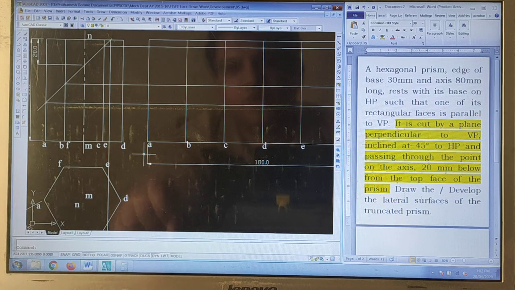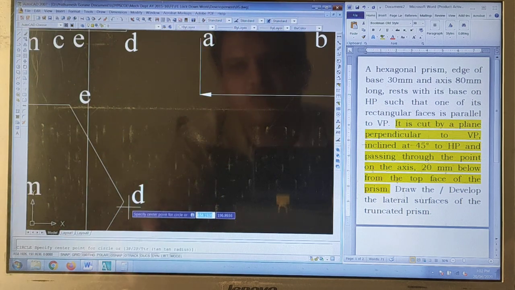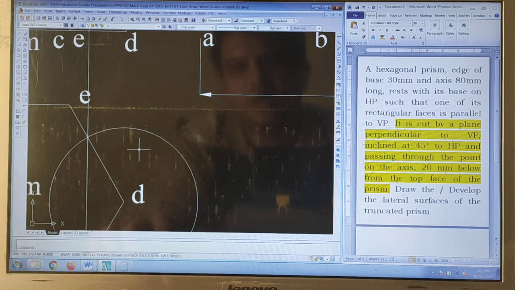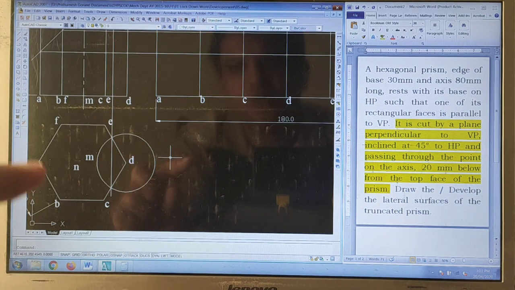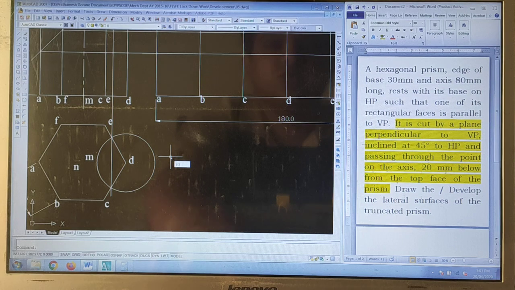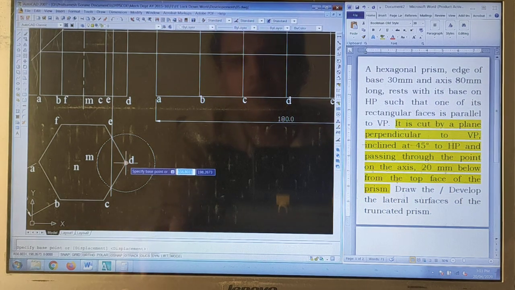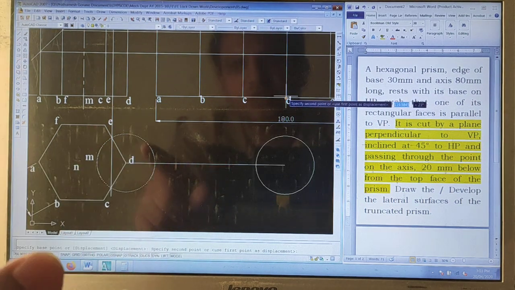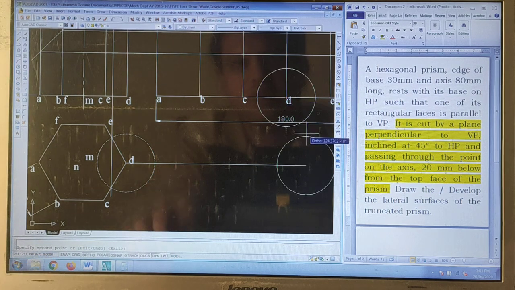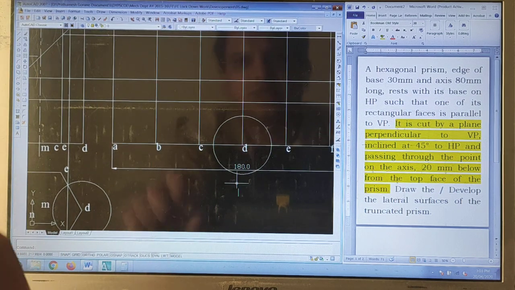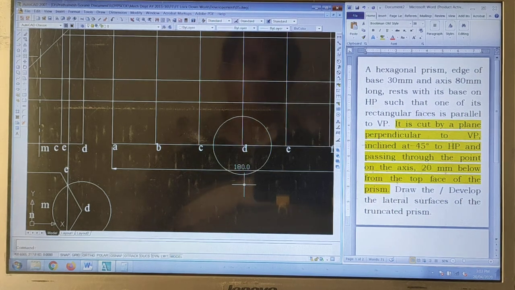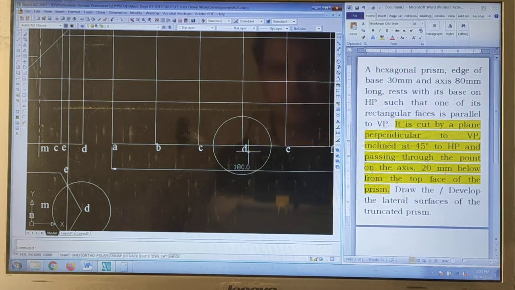And from D we are going to measure it. So a circle from D for drawing the arc, isn't it? From D to E and D to C. So let us copy this particular circle from D. So it is from D to C and D to E, isn't it? So these are the points. Are you getting me? This is from D to E, this is the point, and this is from D to C. So this is the point.